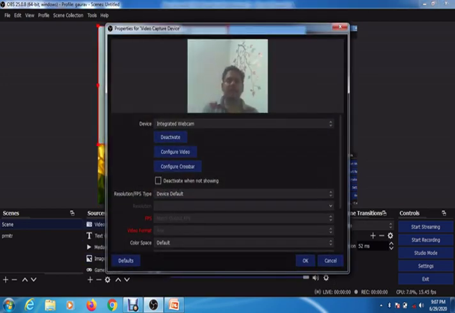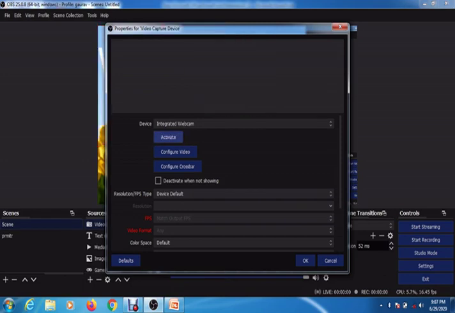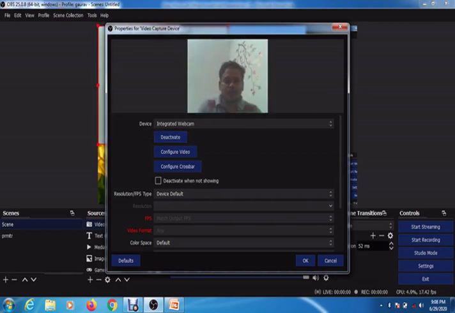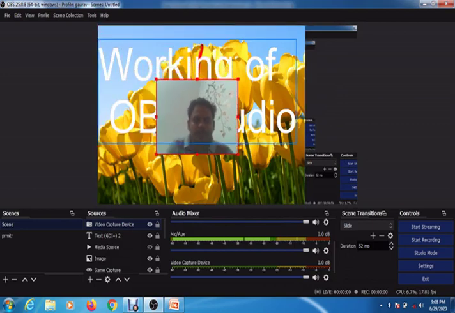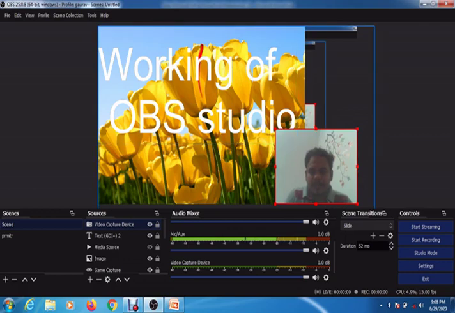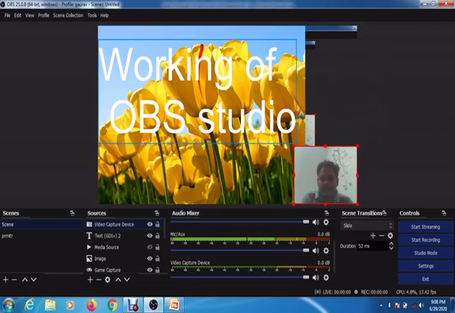Now you can see I am visible in your window over here, because the webcam is activated automatically with the help of the video capture device. If you want to activate and deactivate it, you can use this. If you deactivate it, now you can see the preview is not available, and if you activate it again, the preview will be available to you. So you need not change any of the options with this webcam itself. You just click on this OK, and now you can see the whole window is captured in this. Now I am visible in my recording itself. Whatever I record as a presenter, I am visible in this.